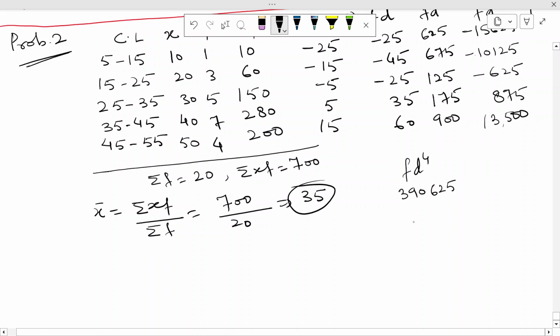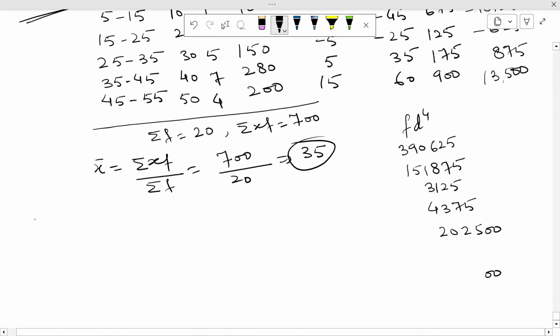390,625, then the next value is 151,875, then we have 3,125, next is 4,375, then the last value is 202,500. Okay, so from here we will obtain our summation fd as 0, summation fd square as the sum of all the entries available in the second column, which is